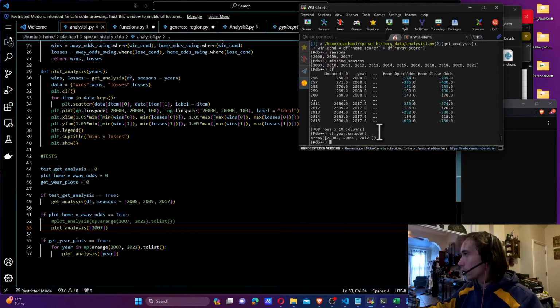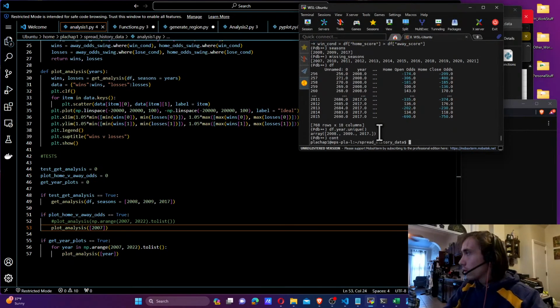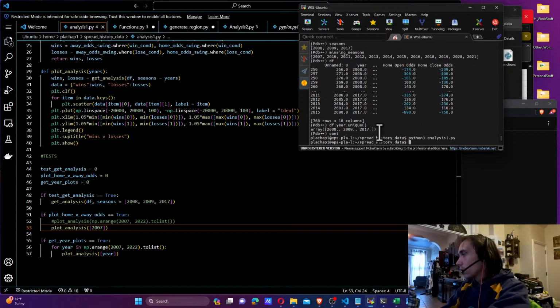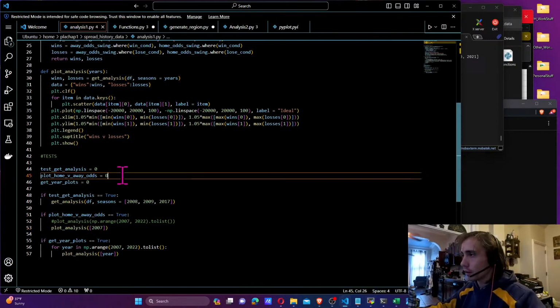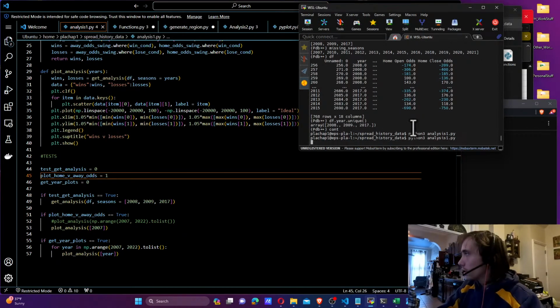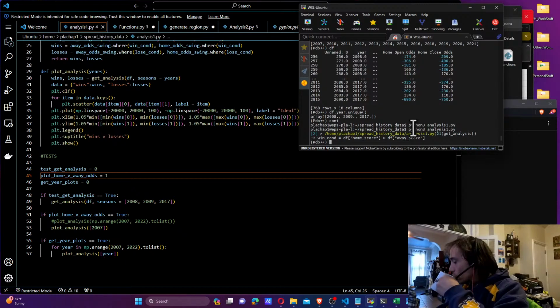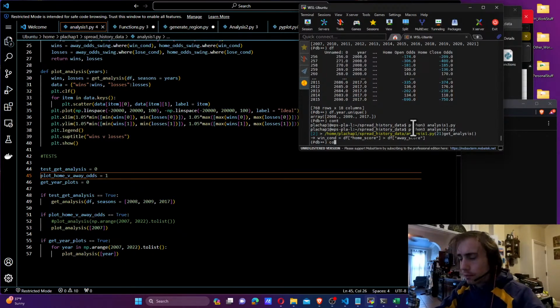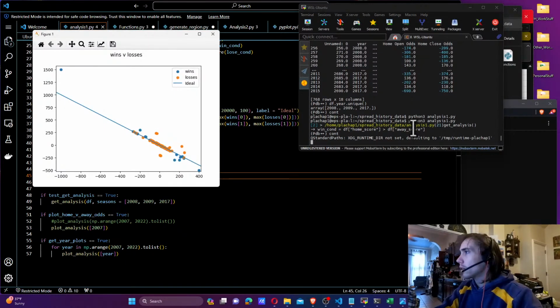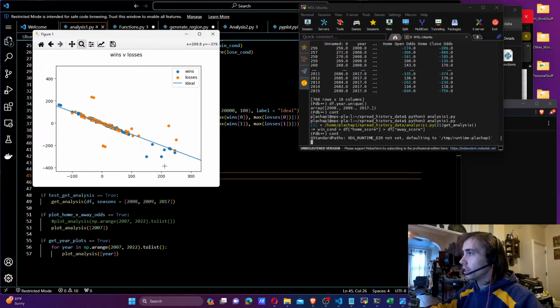Let's just look at 2007, then we'll say plot home versus away odds is 1. Now let's look at this. Continue. Nice. So if we had just 2007, then our region down here